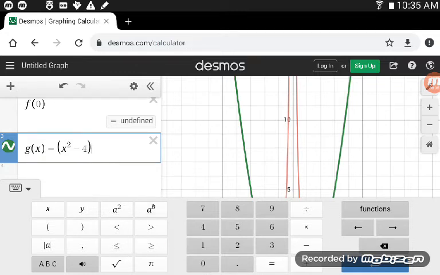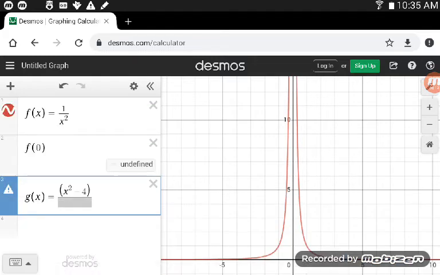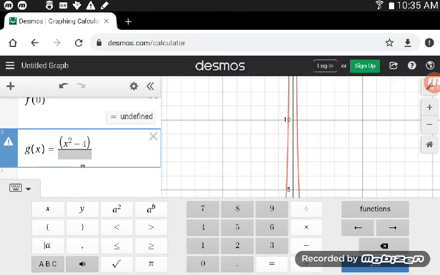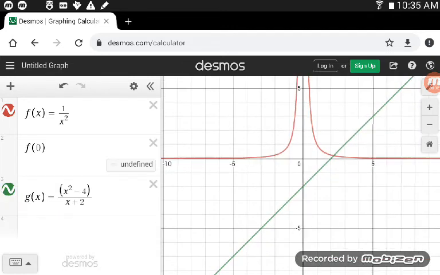Close that parenthesis, then say divided by x plus 2. And so I know that at x equals -2, I'm dividing by 0, but if I look here,